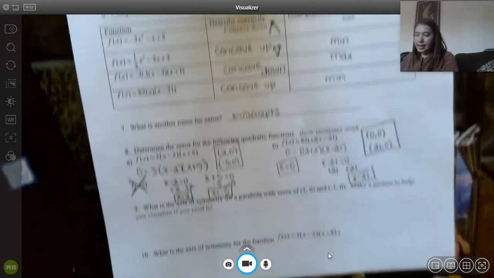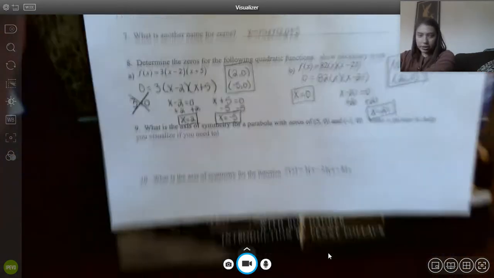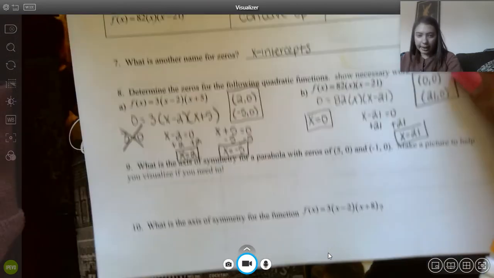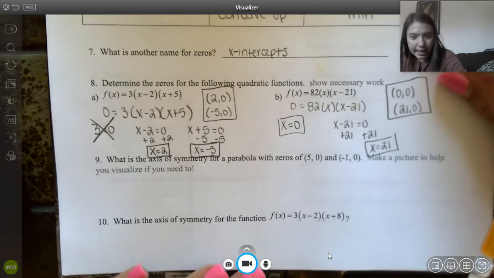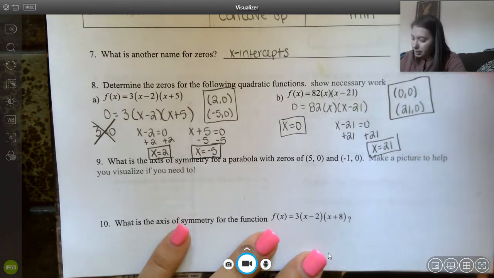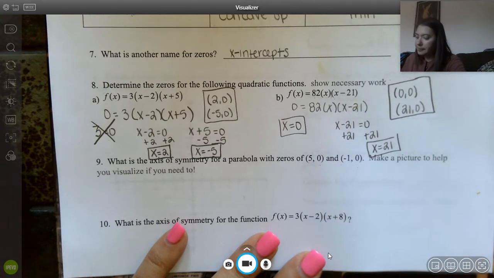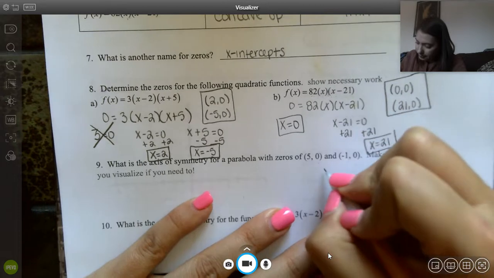Okay, I'm going to go ahead and zoom out a little bit and just adjust the settings on this page. Okay, but next up, we are going to look at problem number 9. It asks us, what is the axis of symmetry for the parabola with the zeros (5, 0) and (negative 1, 0)? Now, because this is not in standard form,